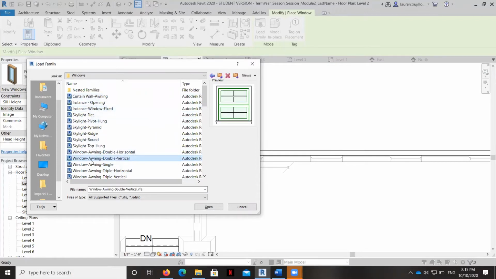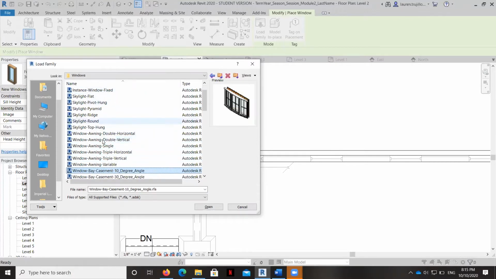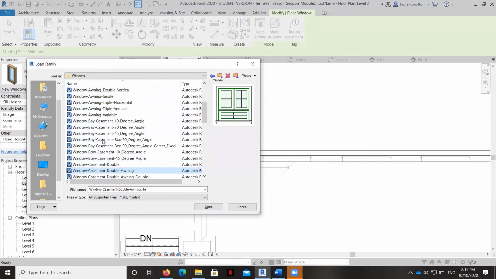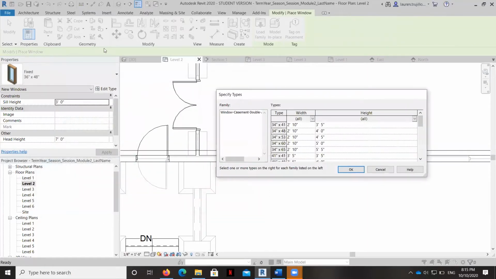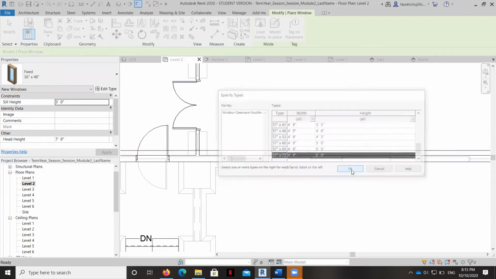And there's a bunch of really nice windows here, but we could maybe put that one in for now. Okay, so it's going to ask us, same with the doors, how wide we want it. So it was 4 feet 10, right? So that's a big window. That's going to be, let's see, 4 feet 10 is 58 inches. So let's go ahead and we can select this one for now. And we'll hit OK.